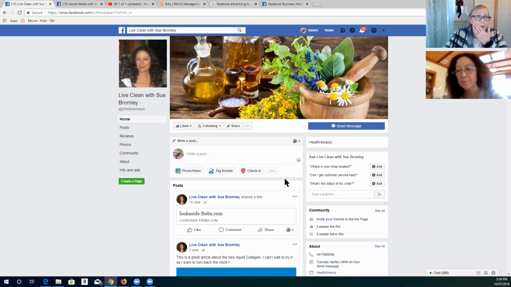If there's stuff that's going to be in the course, I'll let you know so you can look out for it as well. You don't have to know it all at once, but you can get an idea of what you could do on your page, and then have a plan to incorporate different things. While there's some stuff you can do immediately, there will also be some stuff where you go, oh, ideas. So you'll get little sprinklings of ideas, and then you can say, I'm not ready to do that right now, but I will be able to